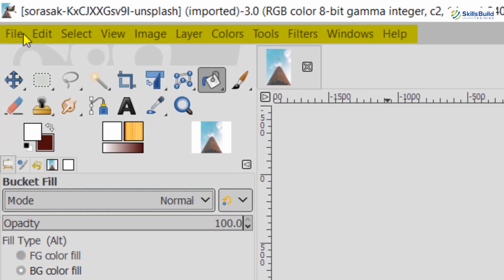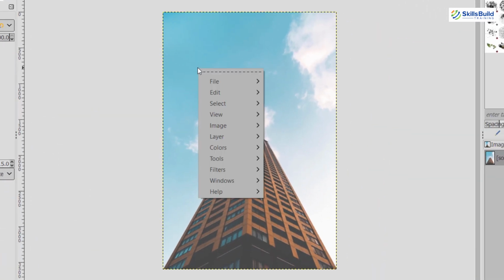Let's talk about the second part here, that is the Image menu. Directly below the title bar appears the Image menu. This menu gives you access to nearly every operation you can perform on an image. There are some global actions that can only be accessed via the Toolbox menu. You can also get the Image menu by right-clicking inside the image.